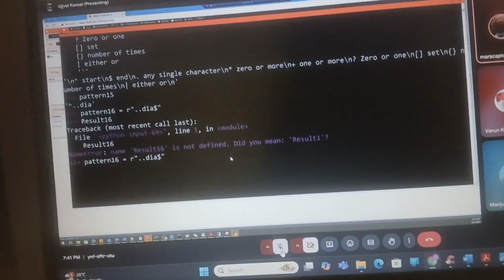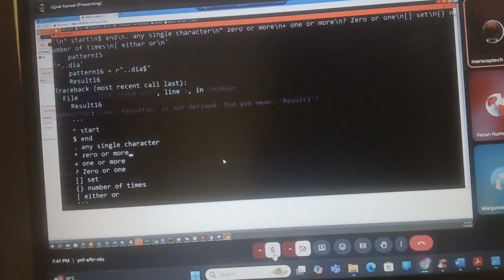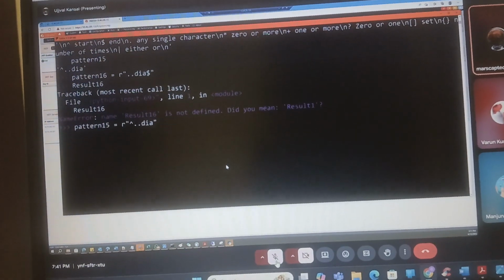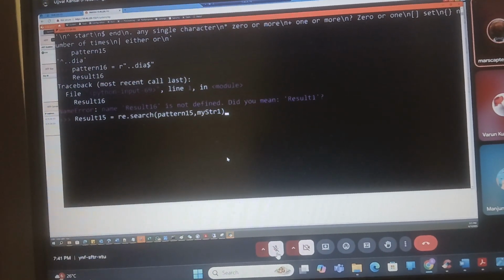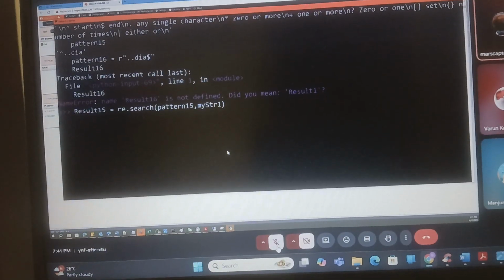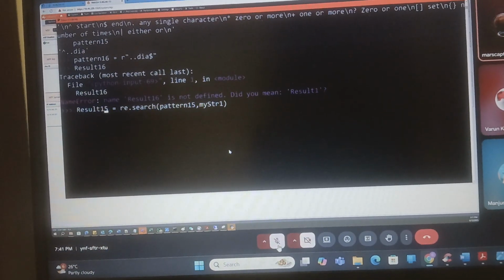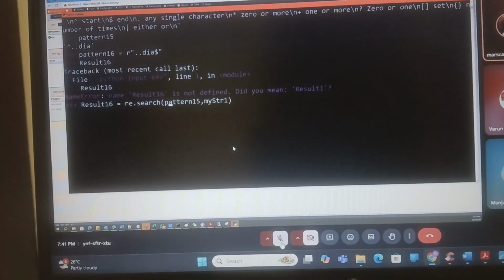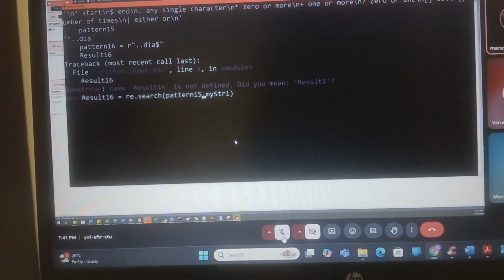Now result equal to what is that? re.search, pattern 15, minus 1. Yeah, enter it. Now, yeah, result 16. Now, enter it. Result 16 should be